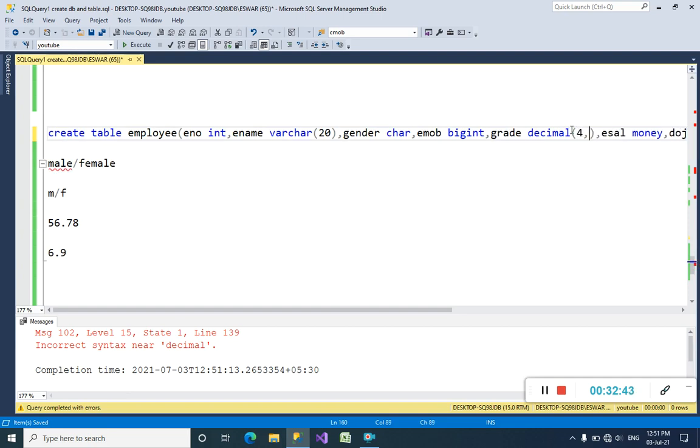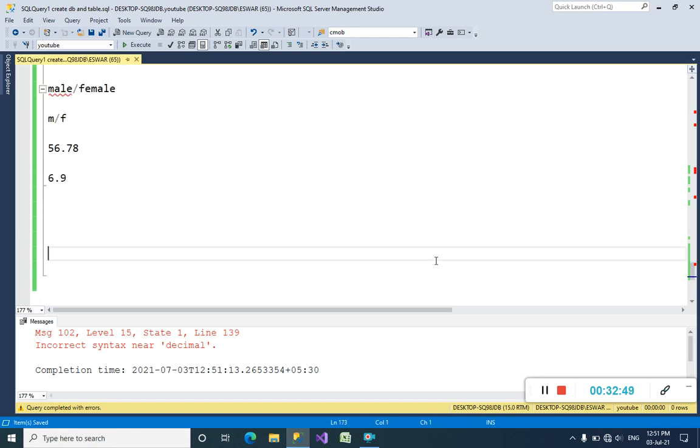What is precision and what is scale? I will tell you right now. Okay, I want to store a percentage like 56.789. I want to store decimal points also. The decimal points length is 3. So this whole thing, when I want to store it as a grade, the whole length of digits only, not of the dot.